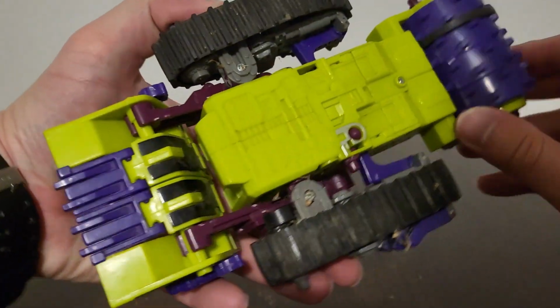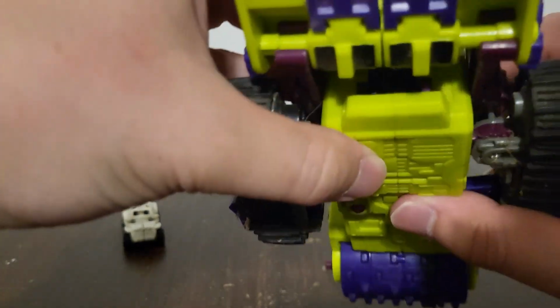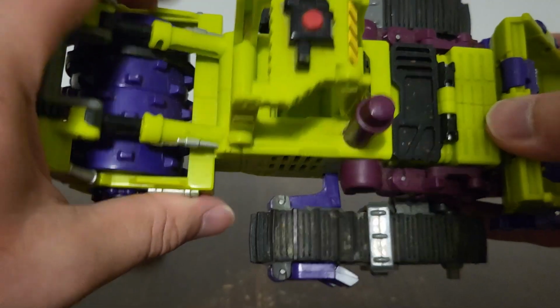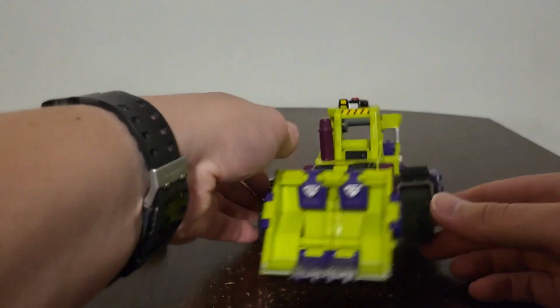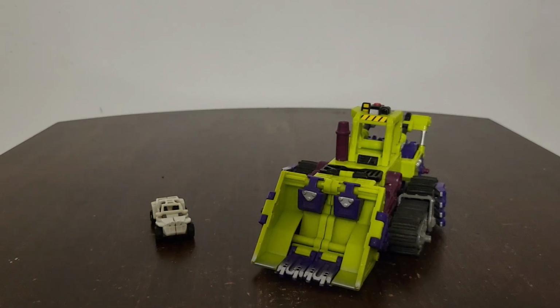And also with Scavenger, you can see his little weapon right there. And you can see his little head right there. Very nice, very nice. Put him back in. There we go. There we are. Now for the